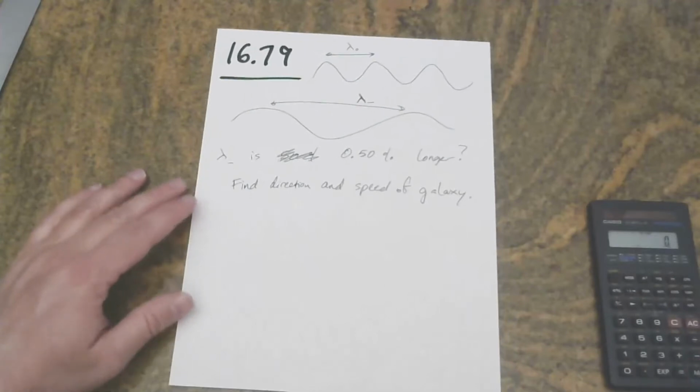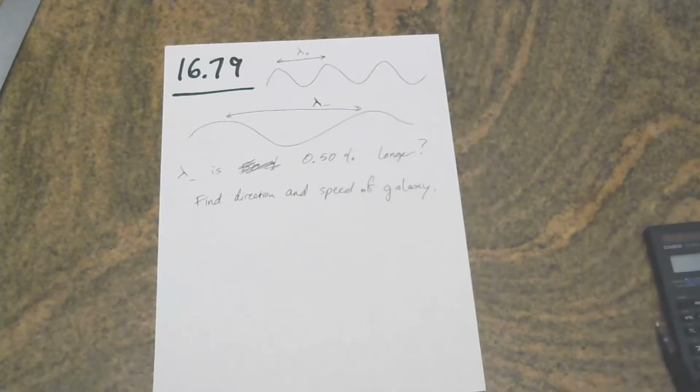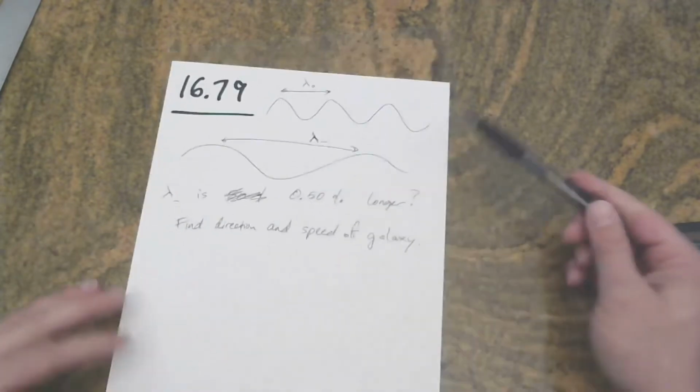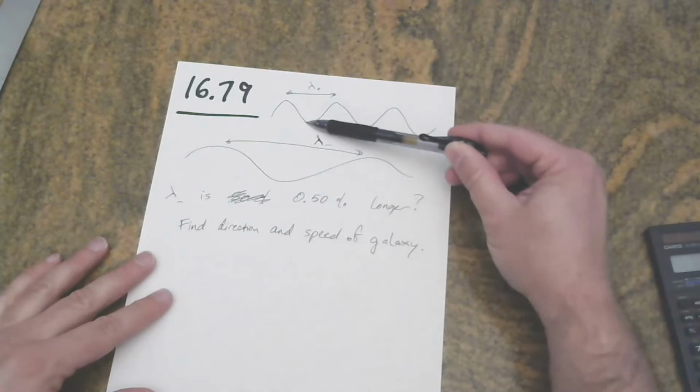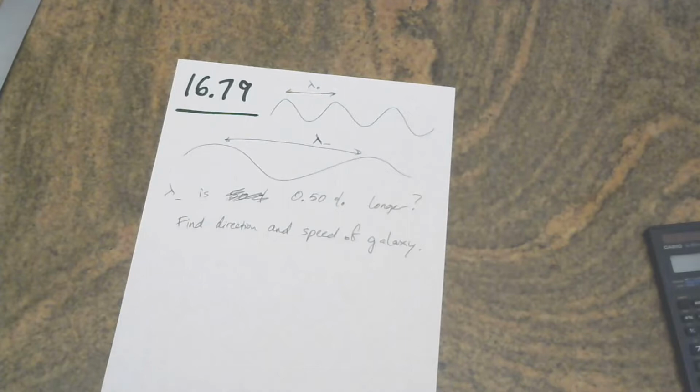Let's skip ahead to an easy, fun one. This one requires the use of the formula for the Doppler effect as it pertains to electromagnetic waves. We're told that a distant galaxy has its light shifted, or its wavelengths shifted to greater values. So suppose this would be the wavelength of light emitted by some source in this galaxy if it were not moving away from us. In other words, if there was no relative motion between the Milky Way and this galaxy,